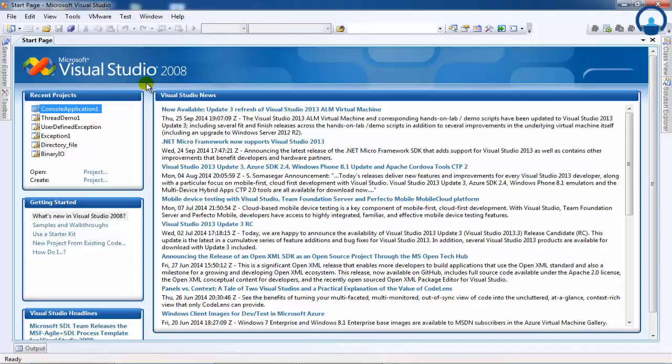For example, Winforms can be used by VB.NET, C#, and VC to create desktop graphical user interface applications. In this session, we will explore the features and components of VS.NET, that is Visual Studio.NET, that make it a